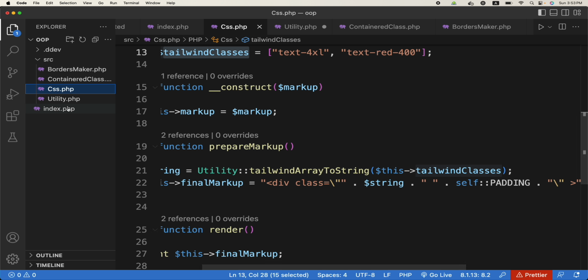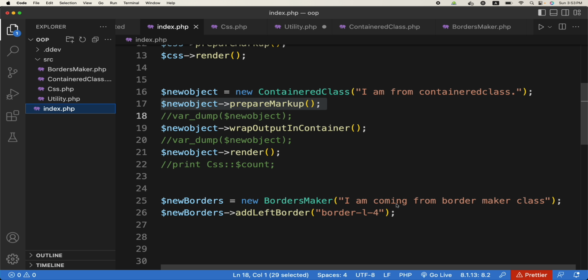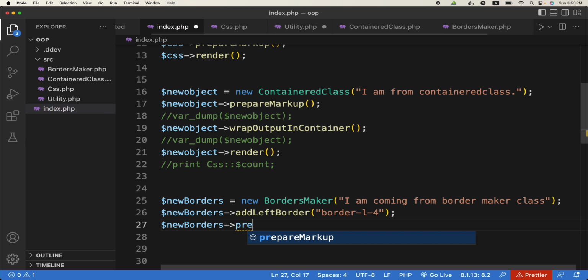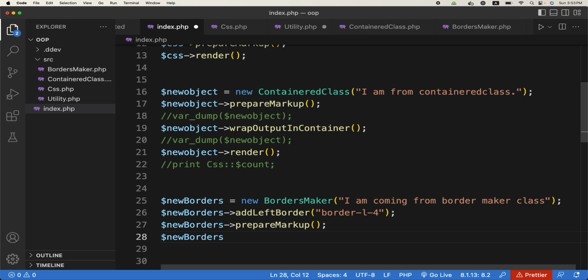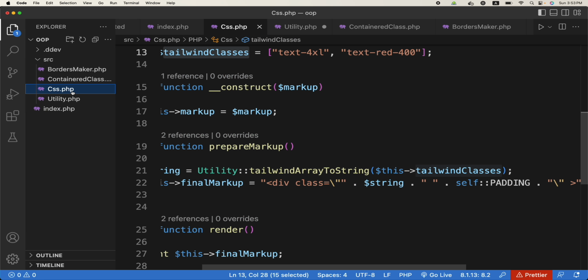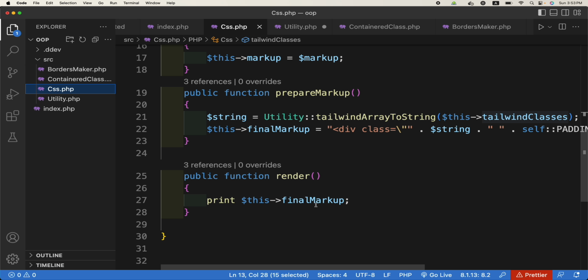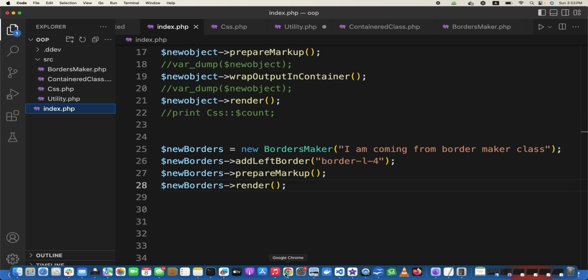That's it. So we will use the new borders, prepare markup. That's it. And then the last one is to render that. What does the render method do? It will print the final one. Because if you see in the css.php, the render is the final markup, is the variable with the markup, and it is being printed. Okay, so if I just print it,